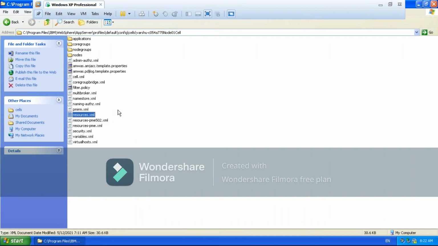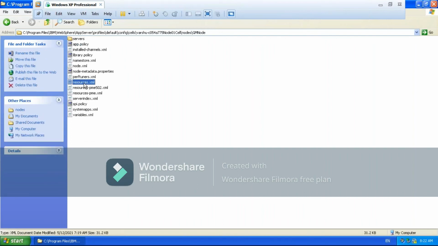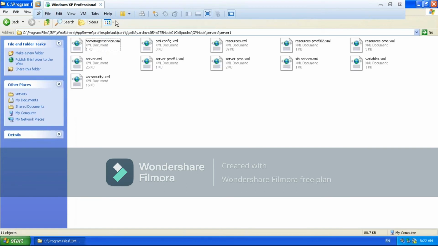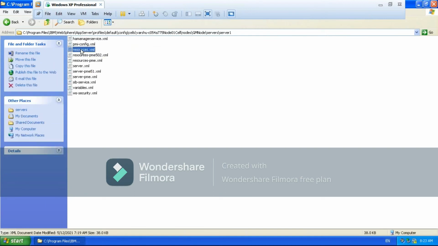But remember, this resource.xml file is at cell level, and the resource.xml file will also be at node level. If you see here, resource.xml file is there at the node level. If you go inside server, the resource.xml file will be available there also, right?